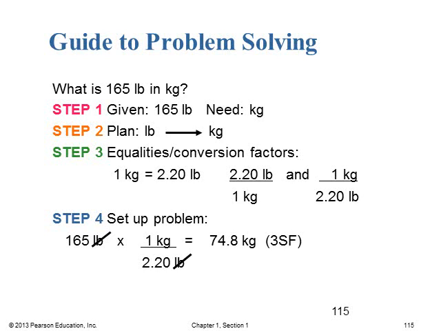Then we can look at the significant figures. We have 3 significant figures in 165, and we have 3 significant figures in 2.20. And we're doing multiplication, so we are allowed to report the fewest number of significant figures, which is 3. And that leaves us with 74.8. All right, just another quick note: because we're going from US to metric units, that is a measured value. So that does play a part in the number of significant figures allowed to be reported in the final answer.